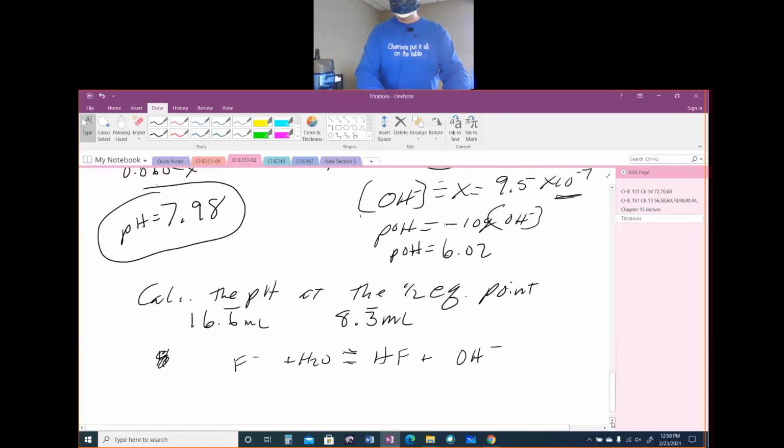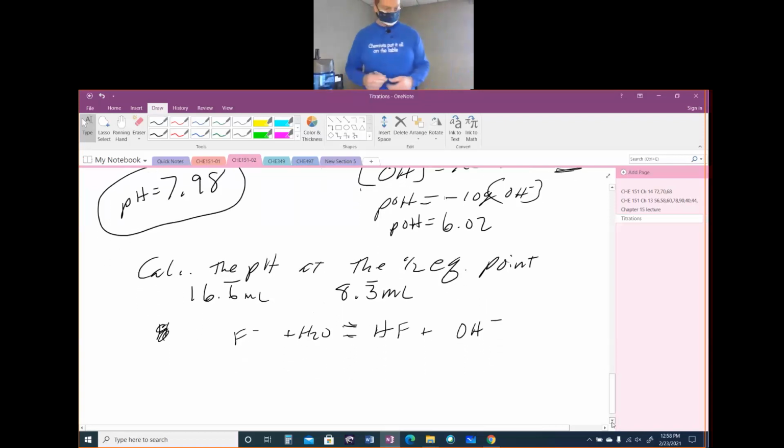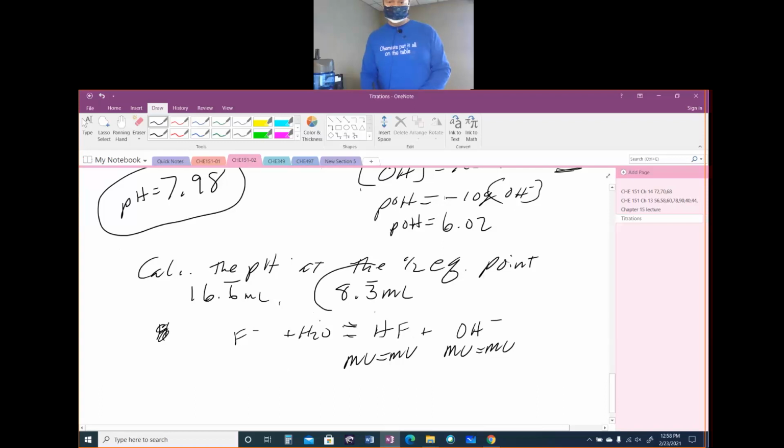All right, so we have to do MV is equal to MV again. Here is MV is equal to MV for our HF. This is for the half equivalence point. And so our volume of our NaOH that we added at the half equivalence point is 8.3 milliliters. And so when we calculate that,